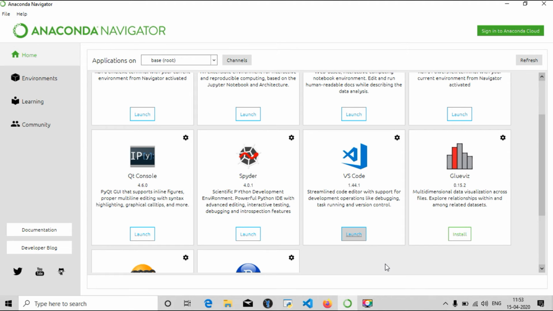If I click launch here, the Anaconda libraries will be connected to VS Code by default, and you will not get no module found errors while importing packages from Anaconda. Right now it's opening VS Code on my computer. If you don't have VS Code, you can install it from this Anaconda Navigator or from the direct link on the VS Code download page. That link is also in the description.